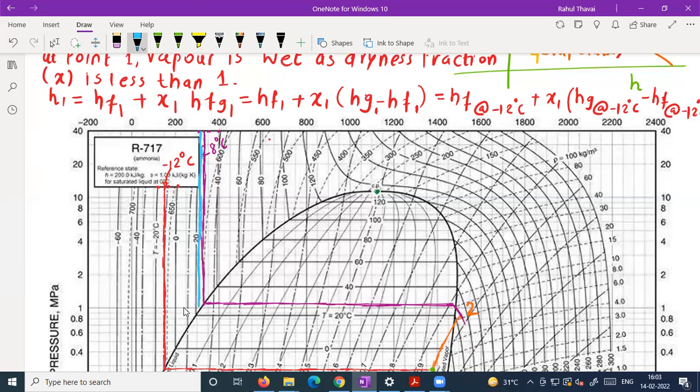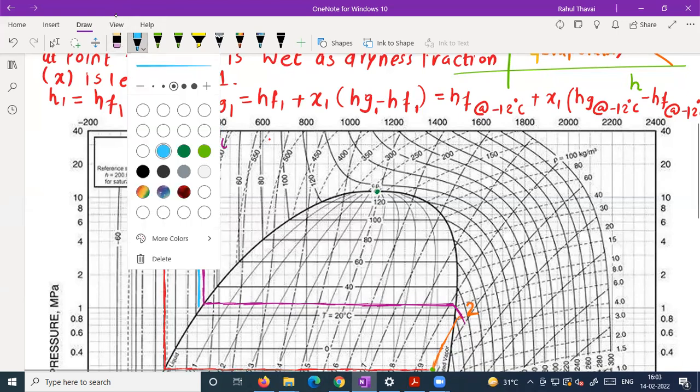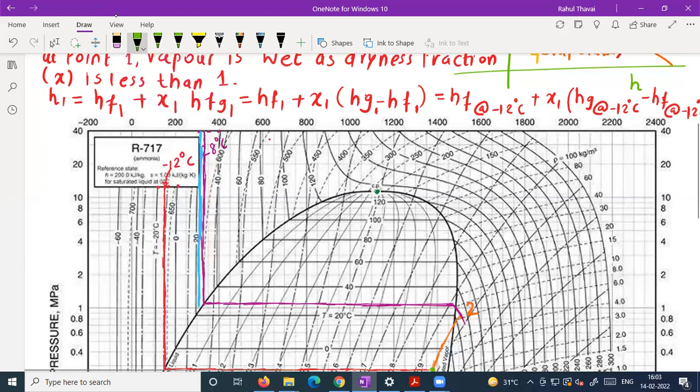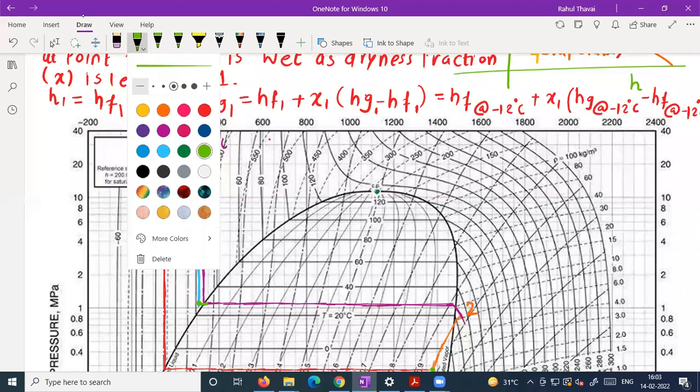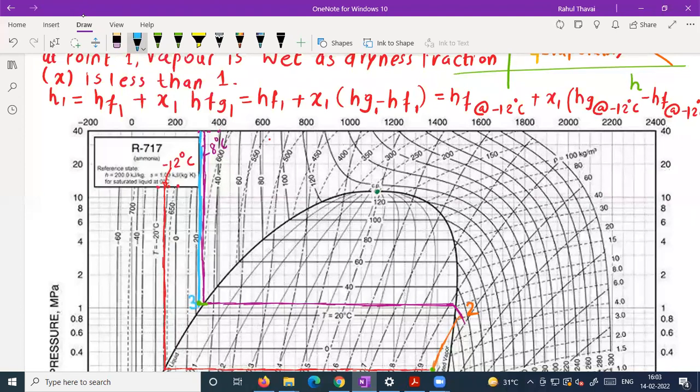And the point where it intersects the constant pressure line. So I need to draw now the constant pressure. So this line I will extend here. Try to understand. This is a very important thing. So you can see this. This I will extend here. Okay. So the point which I got now, it's point number 3. Is that okay?